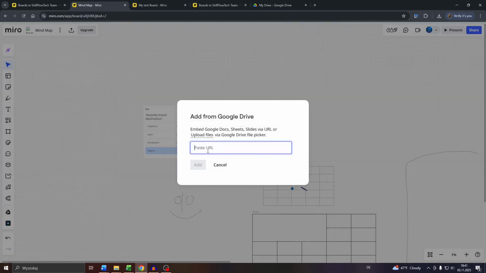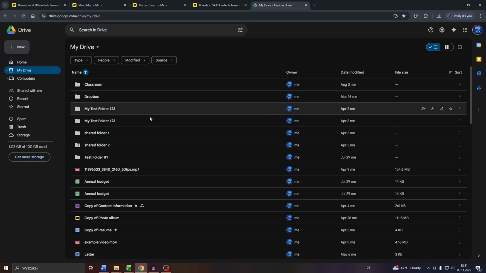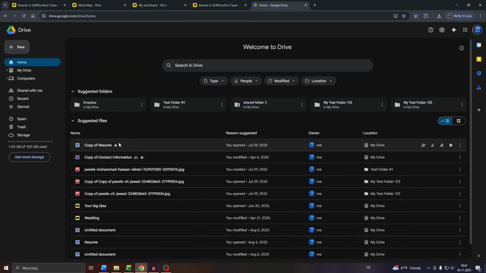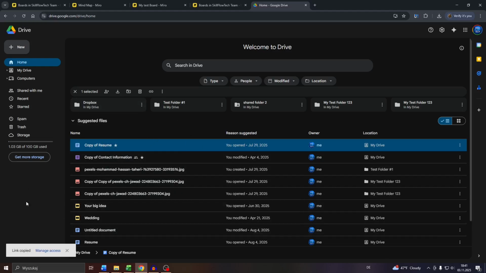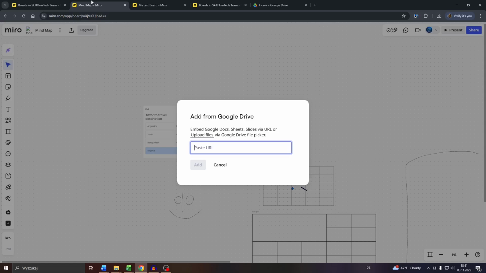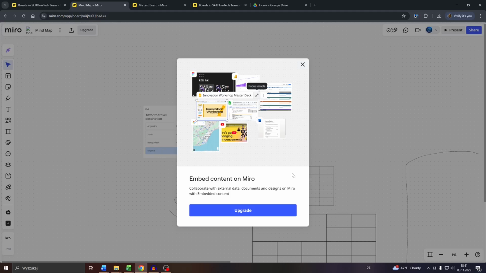After that, simply enter or paste the URL of the file from your Google Drive and add it here to that list. So let me head over to my drive really quickly and let me find that file here, for instance, right click into it, and after that select share, click into copy link, and now you can use this invitation link to paste it here, click into add, and that is going to give you access, or your team members access, to that shared file from